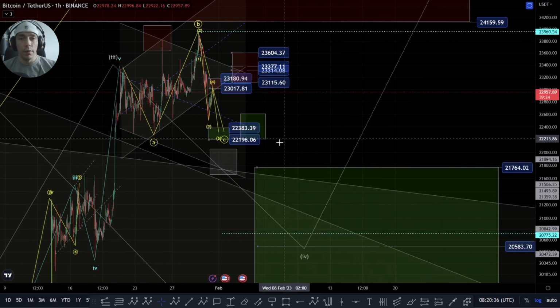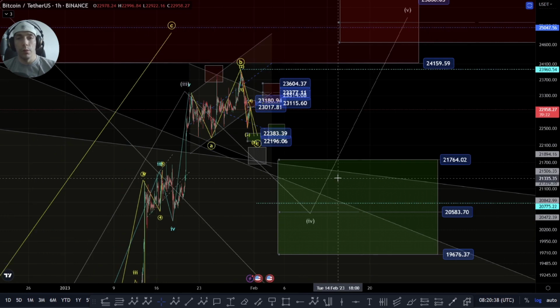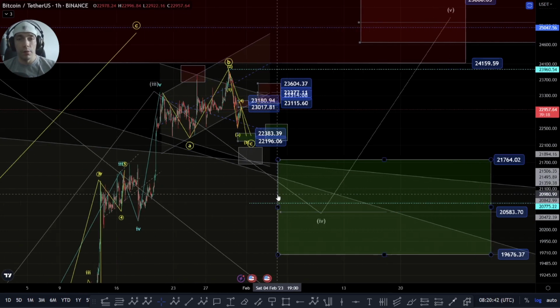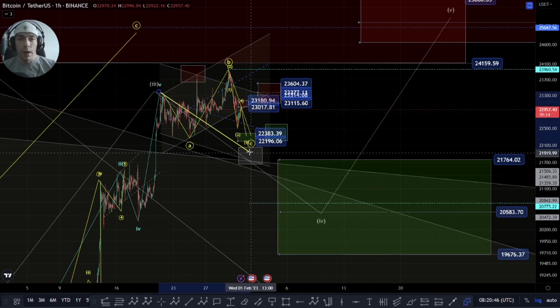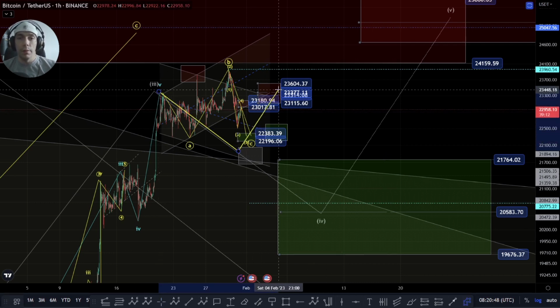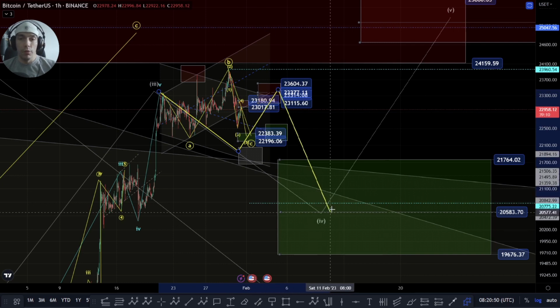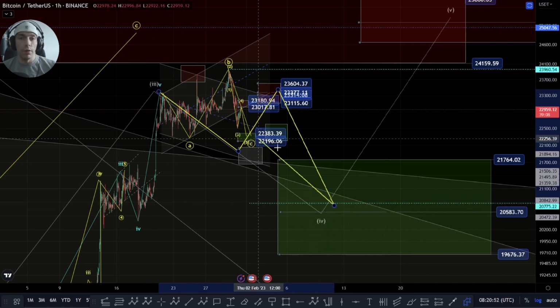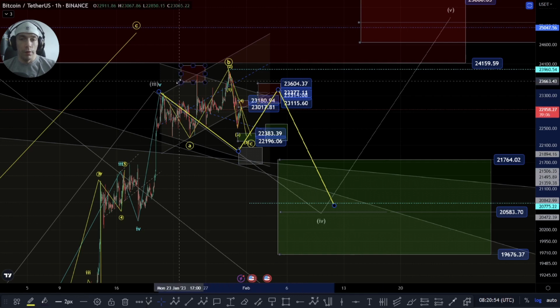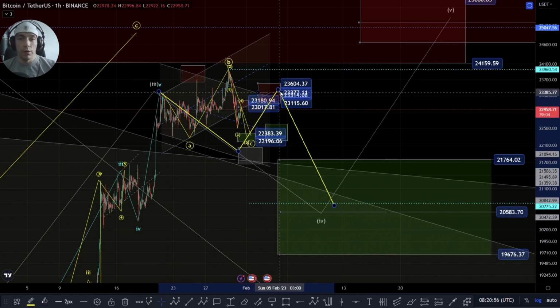Yeah, but the potential area for this fourth wave is lower down, so we need to just give it a bit of time and see what happens, because like I said, we could see this play out as an ABC, then we push back up for a B wave, then we actually push back down for another C wave, and that would actually tie in quite nicely to a bigger corrective structure, which is a bit more complex for this fourth wave. So we're going to have to give it a bit of time, see how we progress down